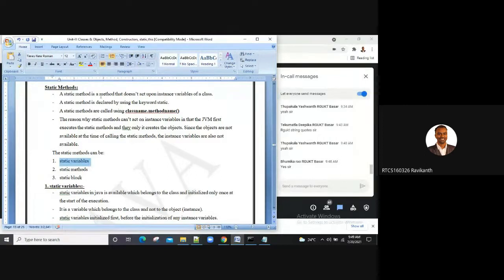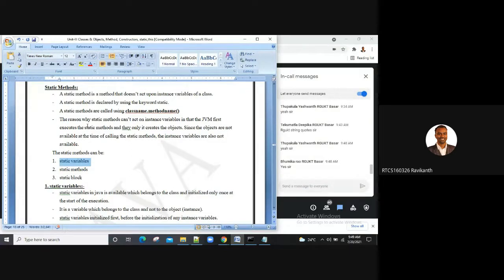A static method is a method that doesn't act upon instance variables of a class. A static method is declared by using the static keyword. We need not create any object of that, right? So directly we can call it as class name dot method name.